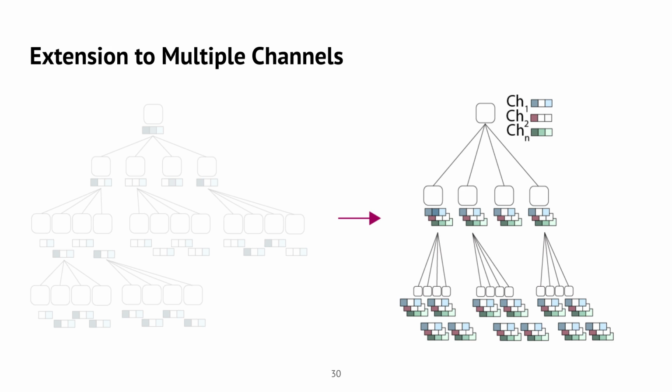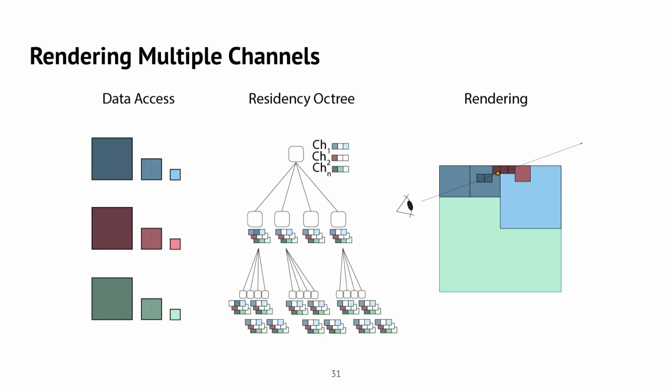But let's look at an illustration. Here we illustrate the multi-volume rendering process for one sample along a viewing ray. We start the Residency Octree traversal at the root node and traverse the tree until we reach an empty node or a leaf node. Then we start processing each channel individually. First we render the blue channel that is available in the medium resolution in this example, then we render the red channel that is available in the highest resolution, and finally we render the green channel and choose to use